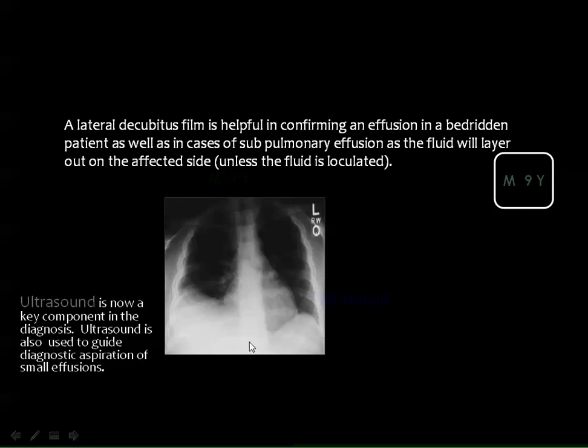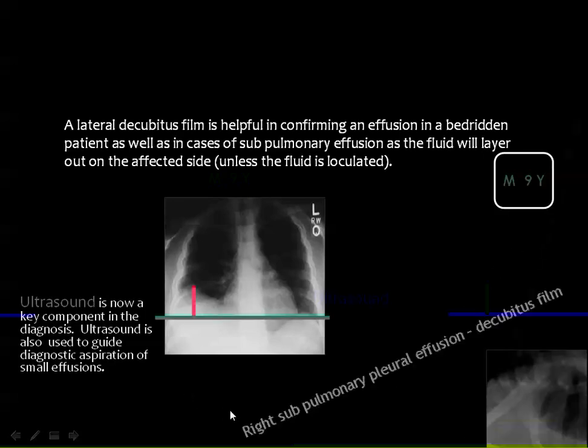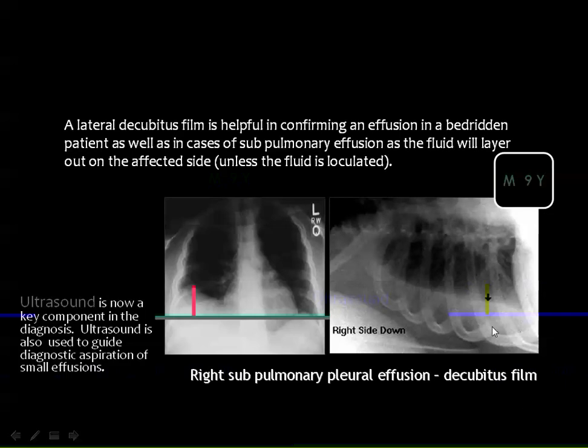Then if the height is more than 3 centimeter and the apex of the diaphragm is shifted laterally, you think of a subpulmonary effusion. And as I have said, we used to do this decubitus position in order to see the fluid coming from underneath the lung into the pleural space. But nowadays we use